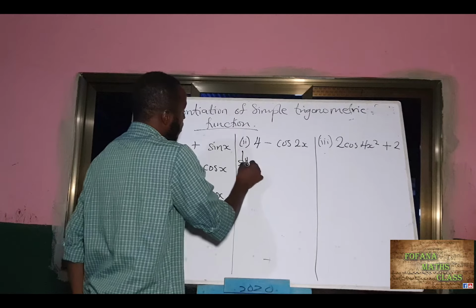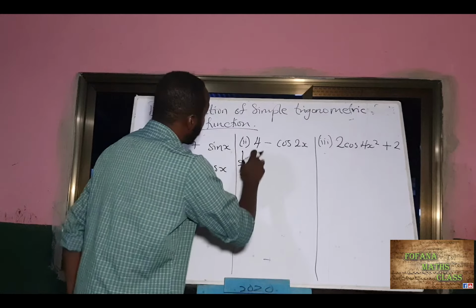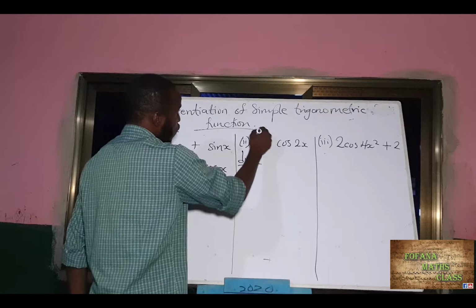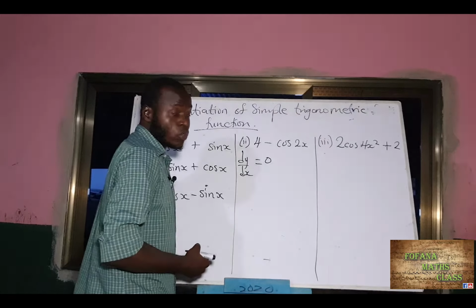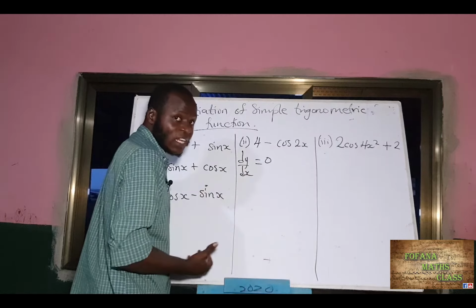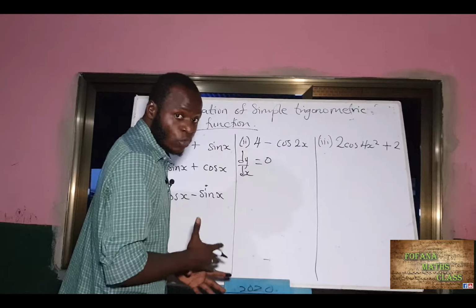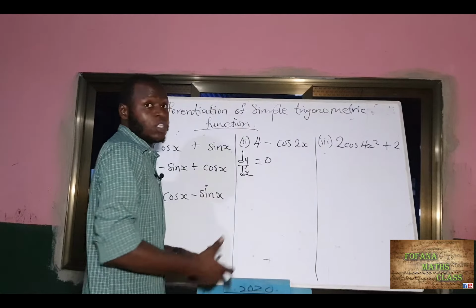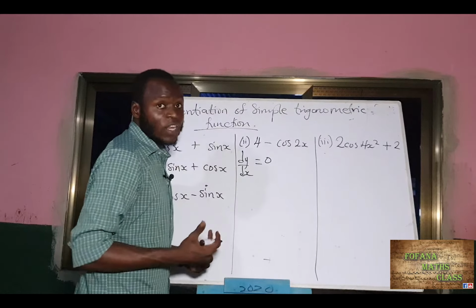So the next example is 4 minus cos 2x, okay? So now 4, which is a constant, when you differentiate it, we know you have 0, which we learned in the rules, okay? So the rules are what we are applying here. If you are new to the page and you haven't visited the video in which we tackled the rules of differentiation, I entreat you to go back and look at it very well to further your understanding,